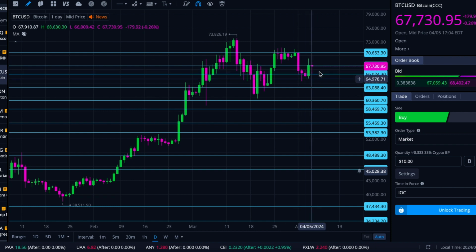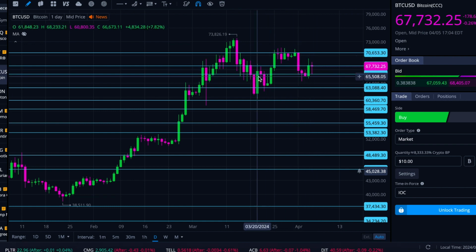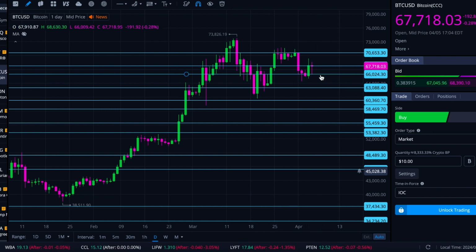Now, if it sort of confirms resistance off of this level, comes back down, 66,024.30, trying to hold support on several candles now. You see it was resistance, and then after it pushed up, now trying to catch support at that really recent resistance level. Always a good sign, sort of like healthy movement, but doesn't necessarily mean that it will hold as a support level. And if that's the case, 63,088.40, 63,360.70, and then